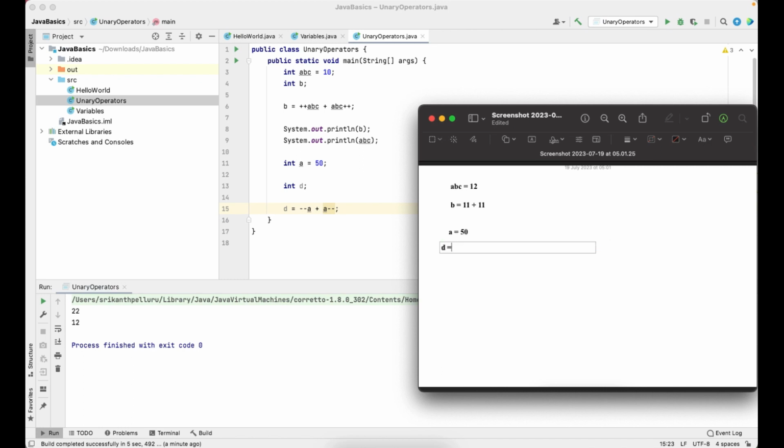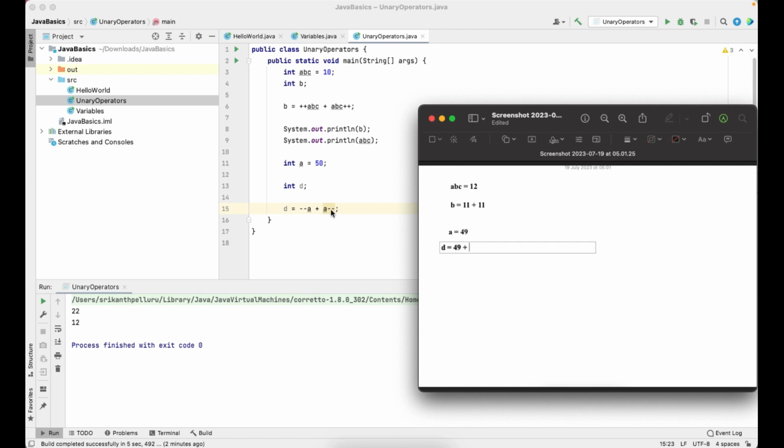Here --a is a pre-decrement. That means decrease the value of a by 1, so 50 becomes 49, and then get that value, 49, plus